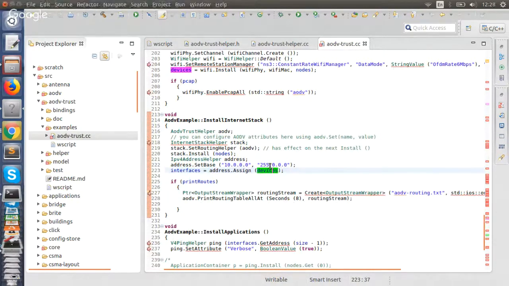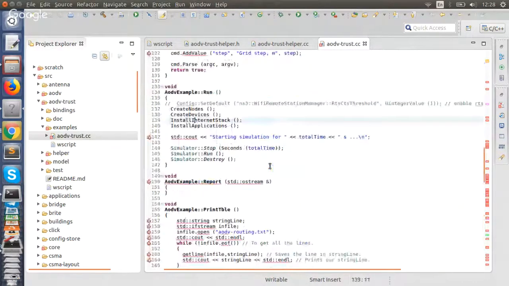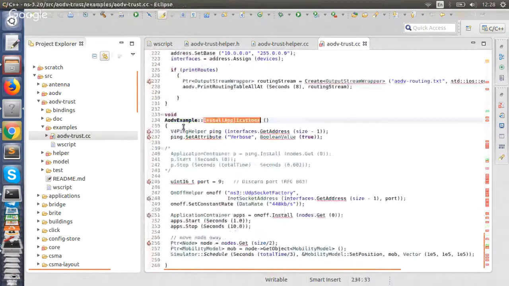It will return the interfaces, and then the applications. For our instance, we have to use the ping helper, but if we use the ping helper, there won't be any data packets because